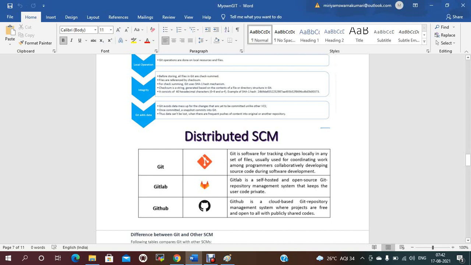GitLab is a self-hosted open source repository management system that keeps users' code private. Once your code is done on your machine, you need to keep it somewhere, and that is GitLab or GitHub. GitHub is a cloud-based Git repository management system where projects are free and open with publicly shared code.